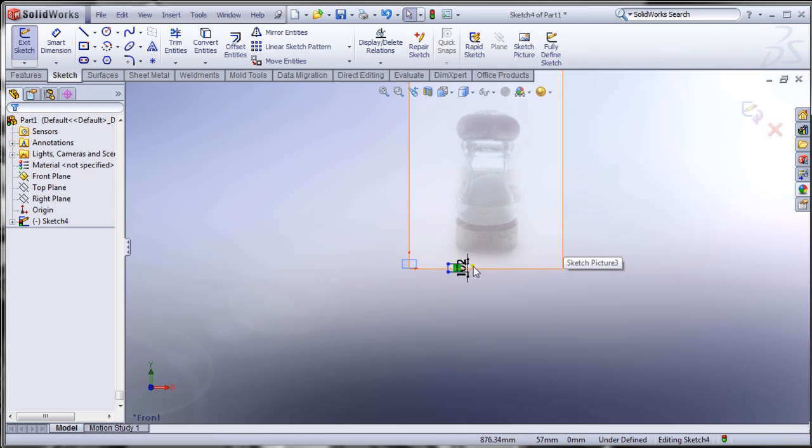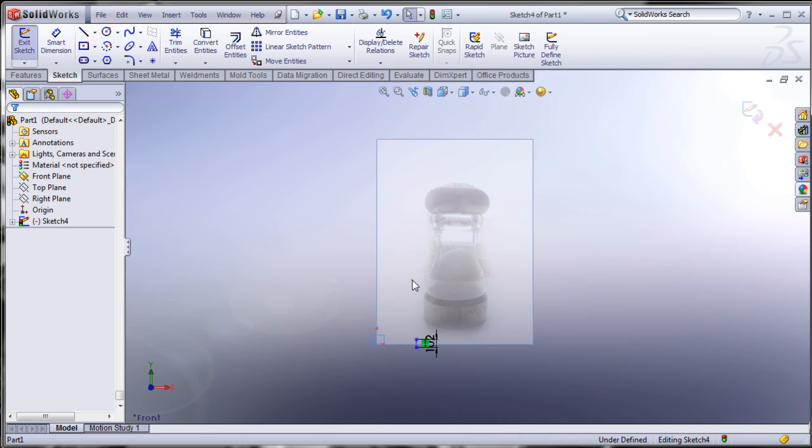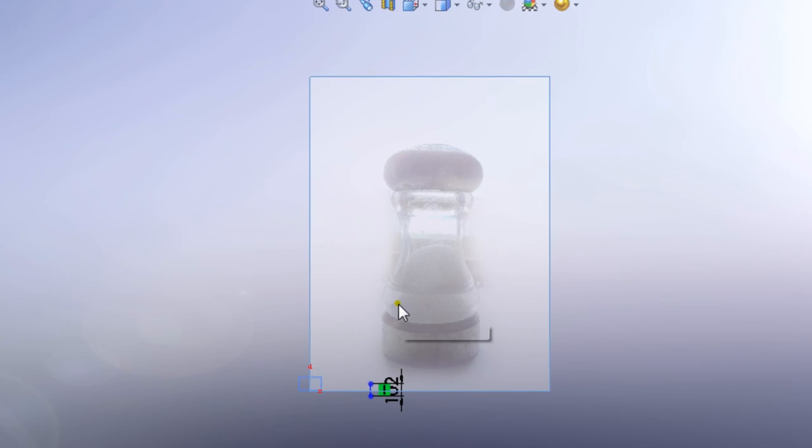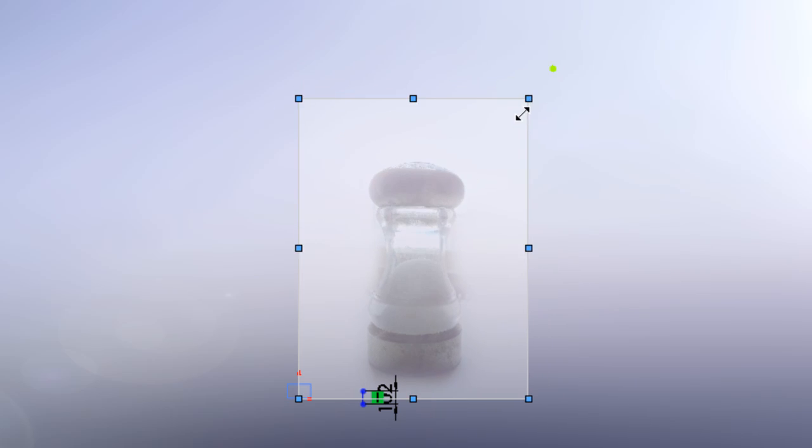And now as you can see, 102 is very small and the image is too big, so we have to scale the image. So I'm going to double click on the image. Just remember that everything that I'm doing here, it's under the sketch mode. I'm not outside the sketch mode yet. So I'm just going to double click on the image, and you can see these are little shrinking arrows, and I'm just going to shrink the image,